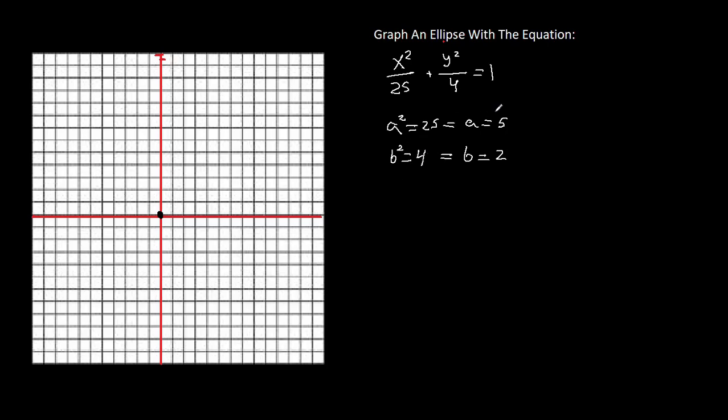Right. So now we know A, and we also know that A is the distance between the center and the vertex, either X or Y, depending on which number it's under, or which variable it's under. So in this case, because A squared is under X, this is going to be a horizontal ellipse, which means it's going to be wider than it is long. And so what this means is that our vertices